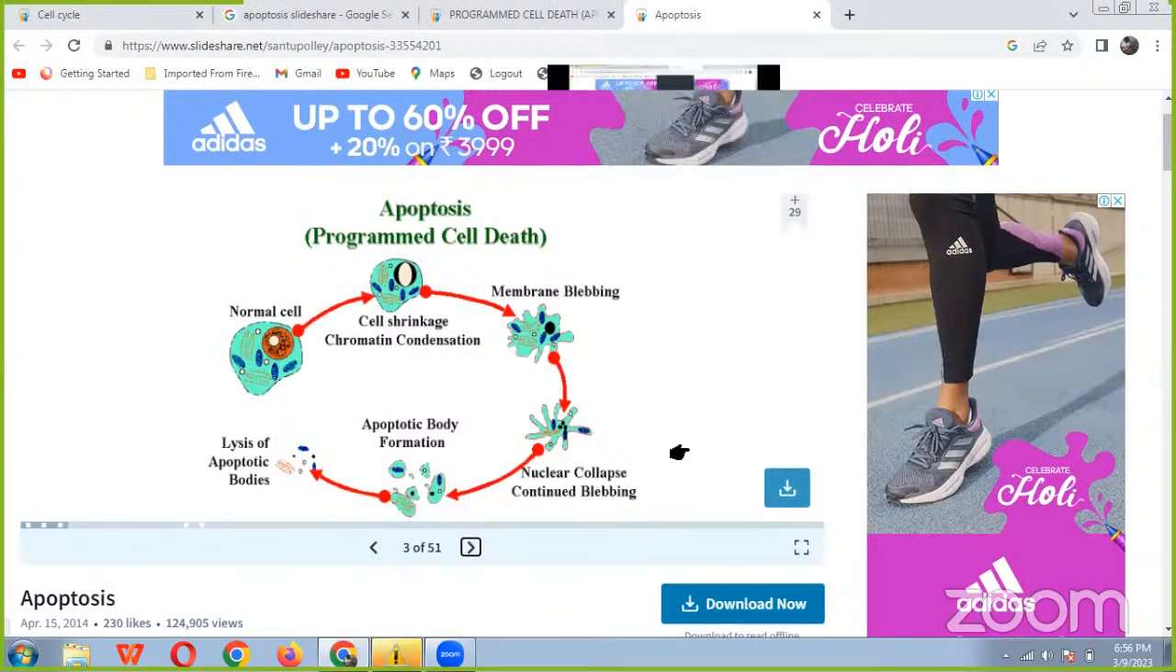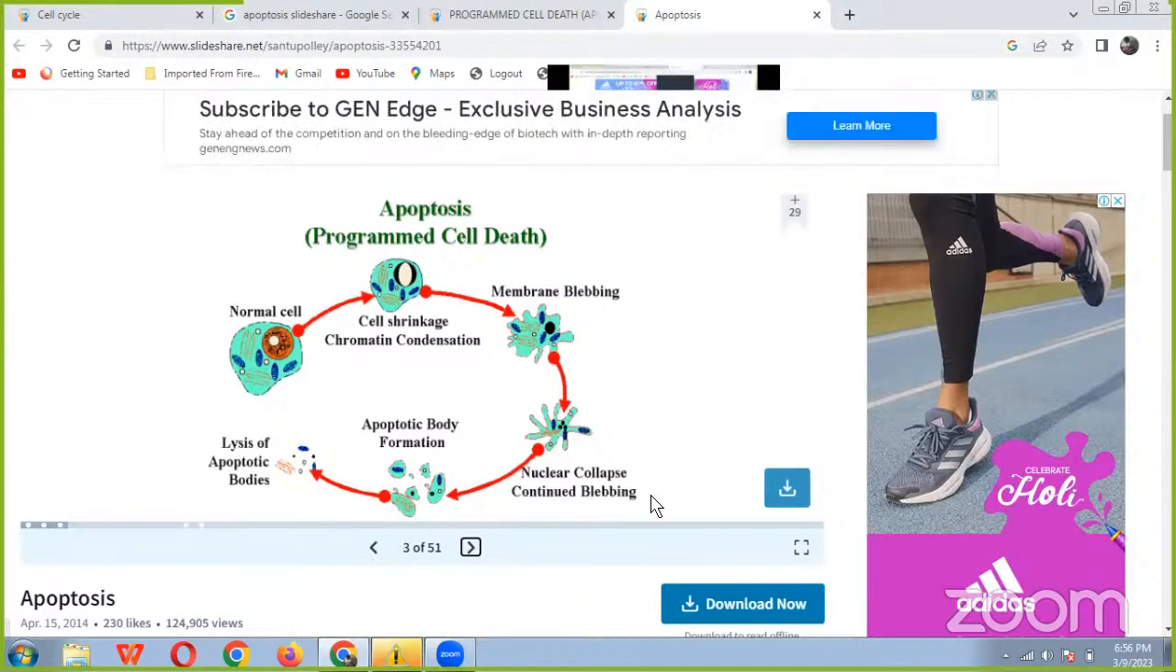The diagram marks cells in chromatin condensation, membrane blebbing, and nuclear collapse. So what is the analysis of the